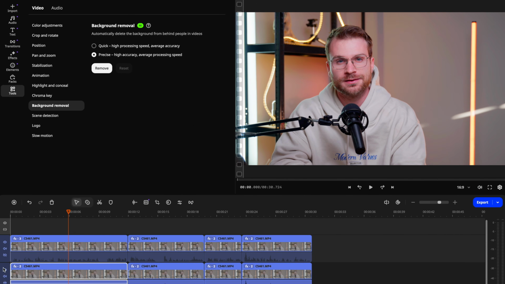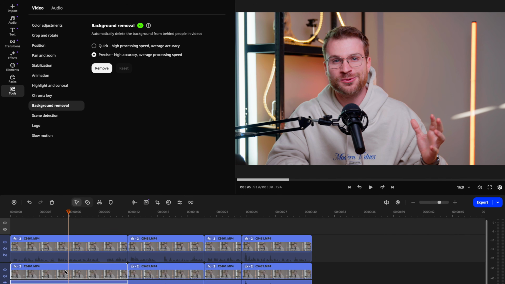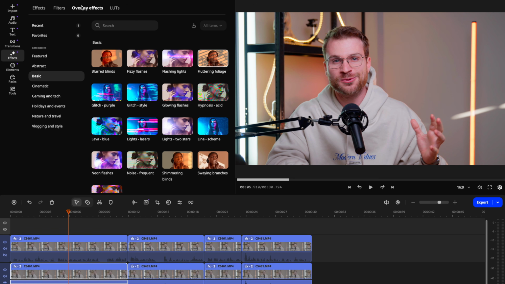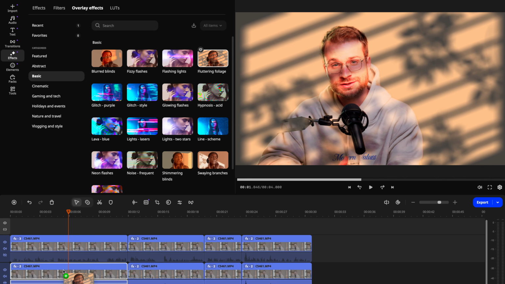If I disable our base video layer, you can see that we've automatically removed the background even though we're not on a green screen. Selected on that bottom layer, I'm going to go to Effects and Overlay Effects and then Basic. I'm then going to find Fluttering Foliage and drag it onto my video. Simply by dragging that, we have shifted the entire background of our video and it looks like we're actually in